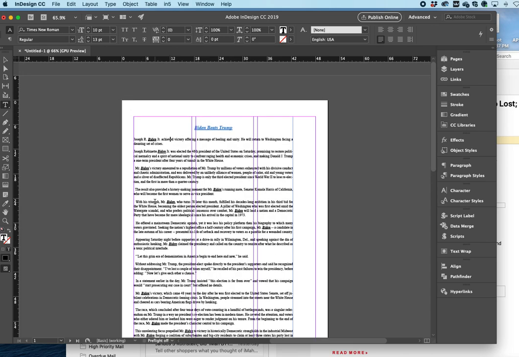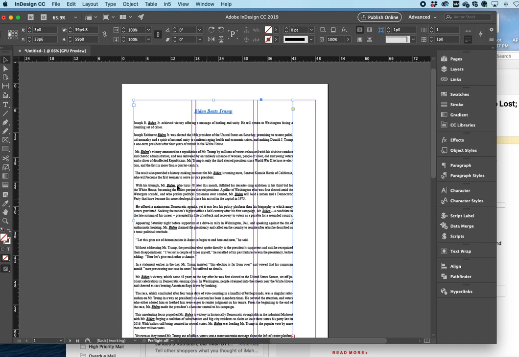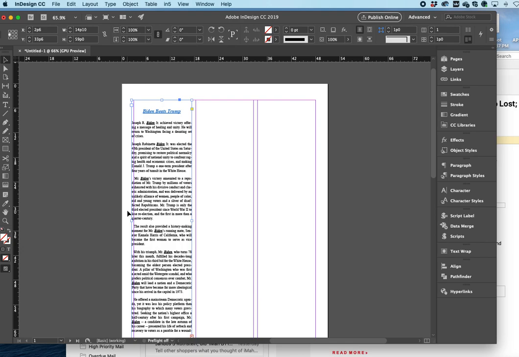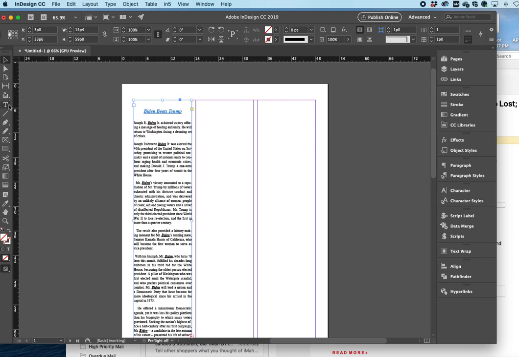And let's see, we have a couple of other things going on here. I have an extra return between paragraphs, and I want to get rid of that. And I've got a little bit of space at the beginning of those paragraphs. That's probably not big enough for a proper indent. So I'm going to do a little bit more cleaning that up.